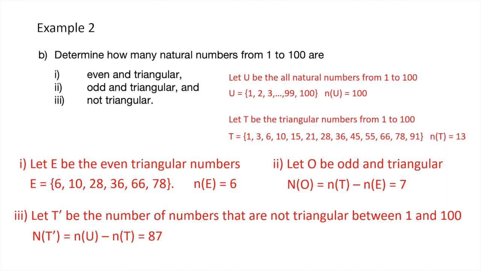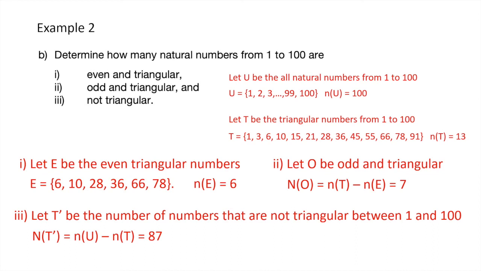So now for the second one, we're going to find the number of odd triangular numbers between 1 and 100. And for that, we can do one of two things. We can go back to this set T, list off all of the elements that are odd and count them up to get our answer. We can also recognize that if we have the number of even triangular numbers, and the number of total triangular numbers between 1 and 100, then if we take the difference of those two numbers, this number 7 should represent the number of odd triangular numbers. And again, to convince yourself, look at the set T and see for yourself that indeed there are 7